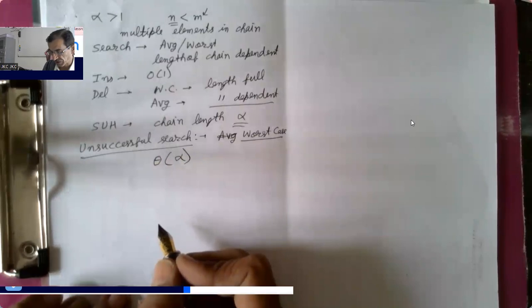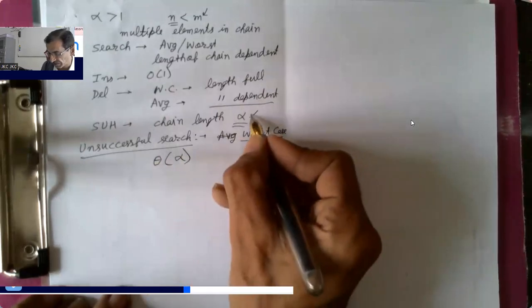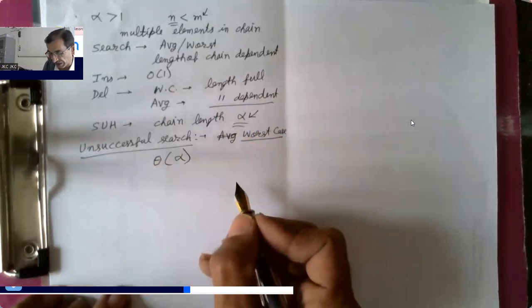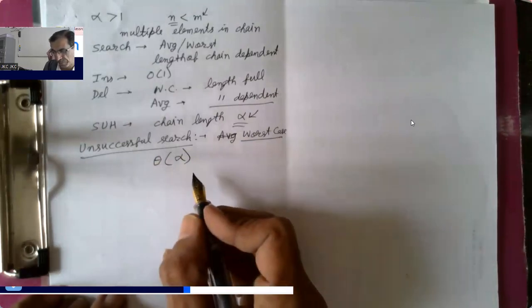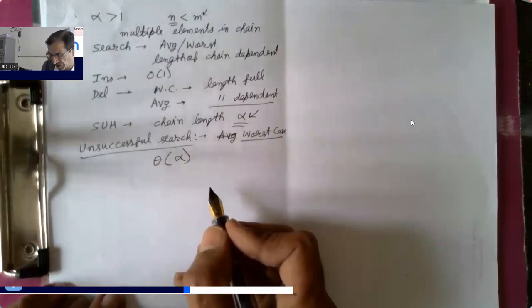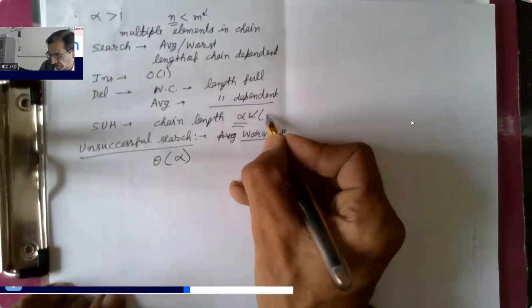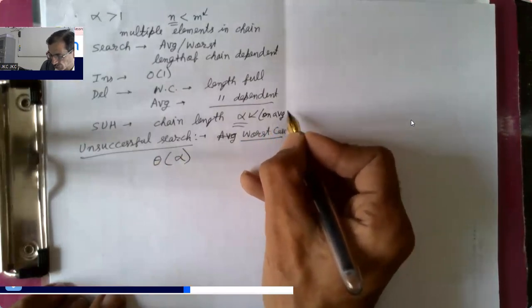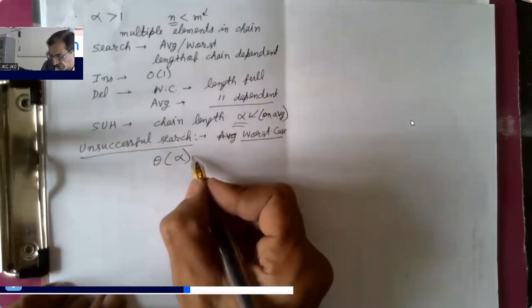Because the full length of the chain will be traversed, and the chain length I have assumed to be alpha, and SUH will ensure alpha plus minus something, but more or less an averaged alpha length will be guaranteed through SUH. So worst case performance is going to be theta of alpha, but this is not sufficient to